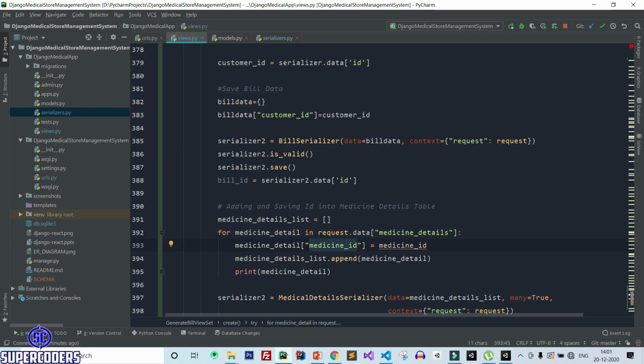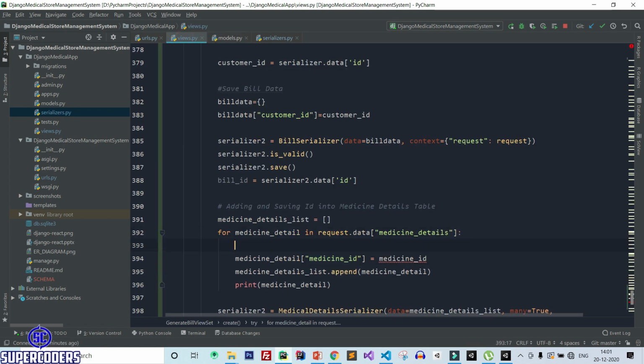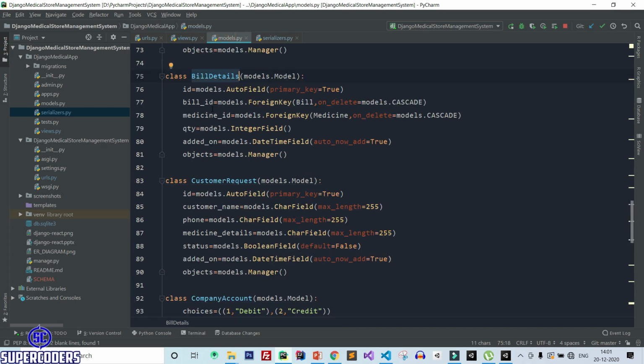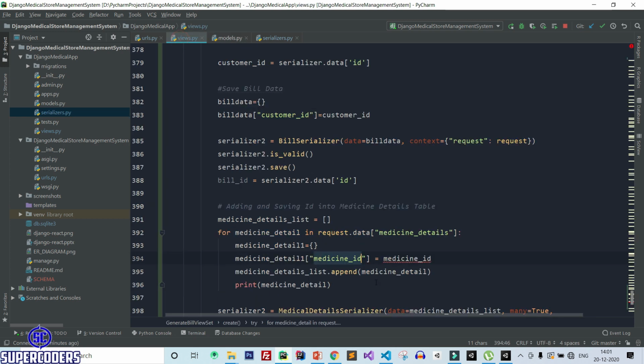So again, here we need to create another object. So medicine detail 1 equal to empty object. After that, medicine detail 1, and here we need to pass the ID, I think. Let's see. Okay, ID, here is ID.